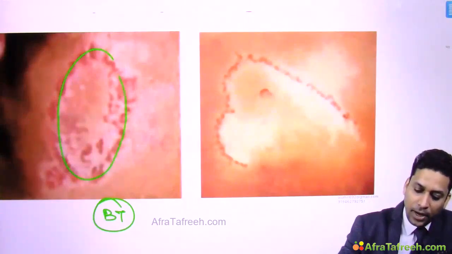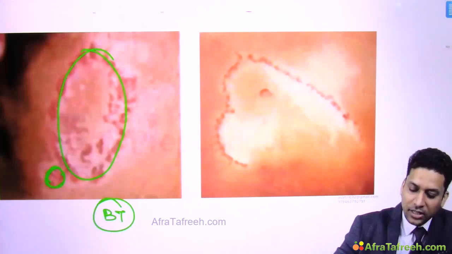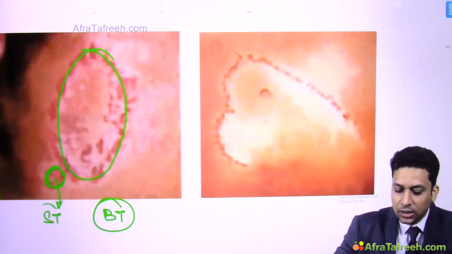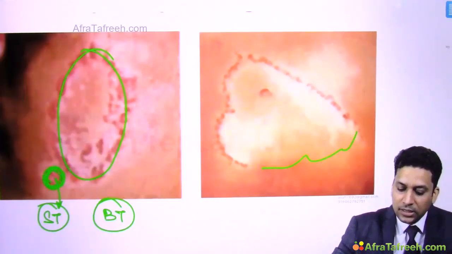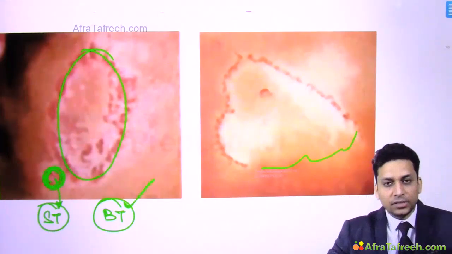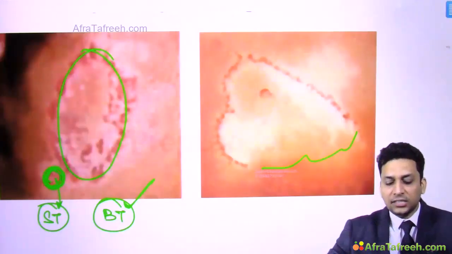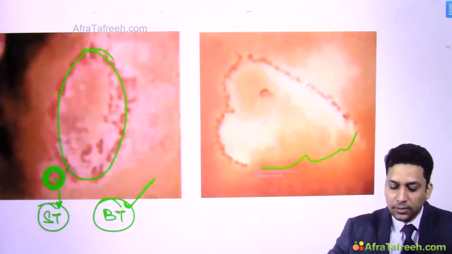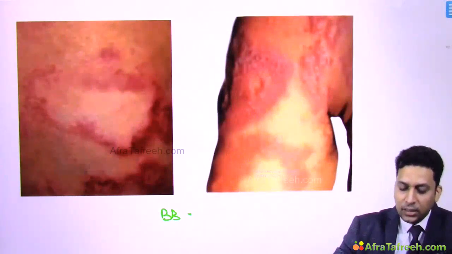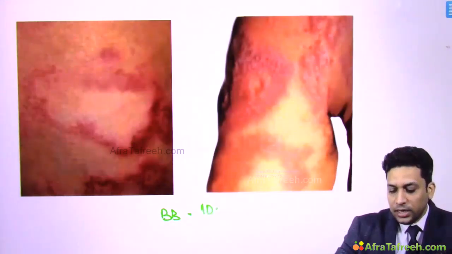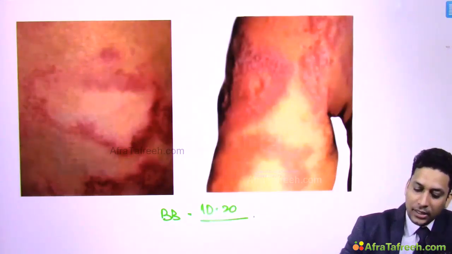If we talk about BT, I told you satellite lesions are seen. And what are satellite lesions? Around the primary lesion you will get a secondary smaller lesion. These are known as satellite lesions. Irregular borders might be present. This is very characteristic of BT type of leprosy. The number of lesions might increase, like here you might get 2 to 10 lesions. Then in borderline type of leprosy, the lesions further increase, 10 to 20 lesions might be present,